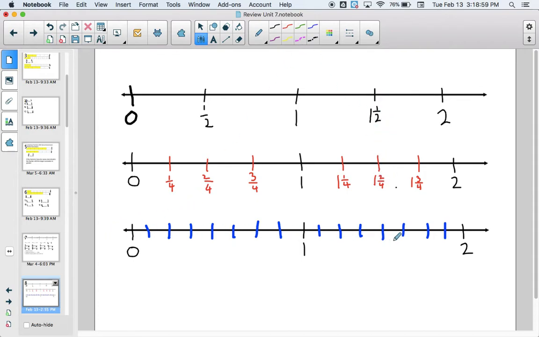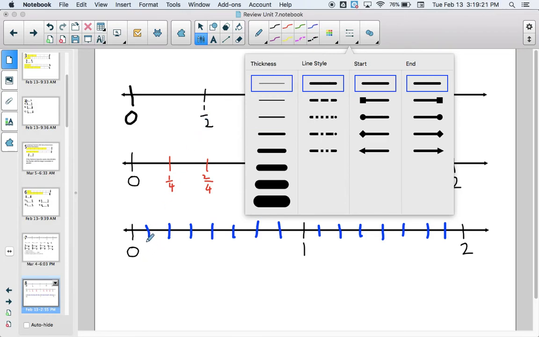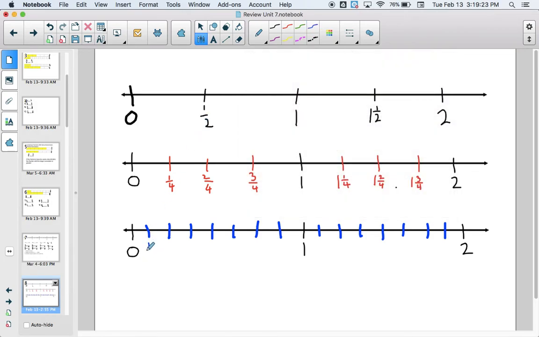So let's look at this one right here. I wonder what this has been divided into. So let me start at 0 and count. 1, 2, 3, 4, 5, 6, 7, 8. There are 8 equal parts. That means this number line here has been divided up into eighths. So I'm going to label this one 1/8,